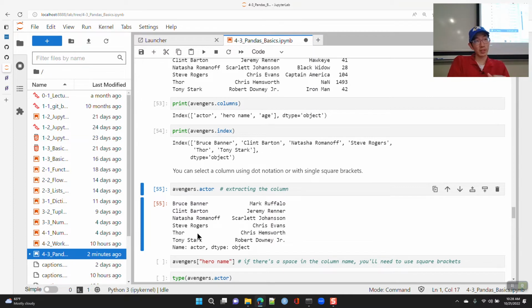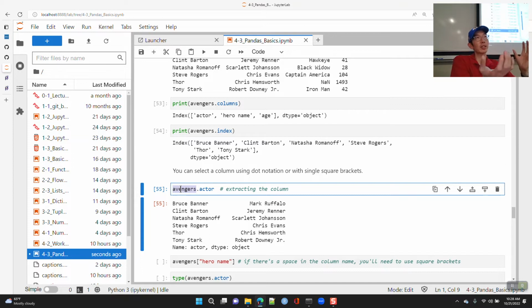If data frames are part of the pandas package, how do you want to do pd.avengers.column? Okay, so avengers is a data frame object, so it already exists. The fact that it exists means all of the data frame associated methods are there.